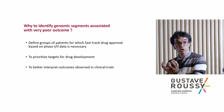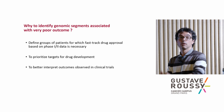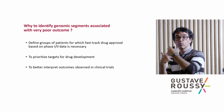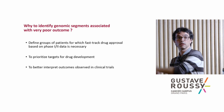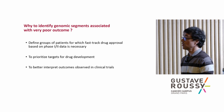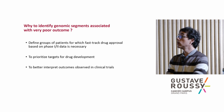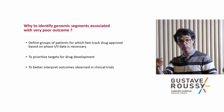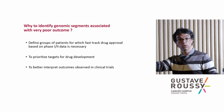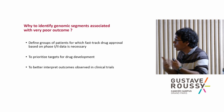So now there is a research field that emerged that consists in identifying which genomic segment predicts very poor outcome in metastatic breast cancer patients. So people say, oh, we don't care about that because we treat them anyway. This is totally wrong. Because if you can identify a group of patients based on a genomic test that present a very poor outcome, that allows